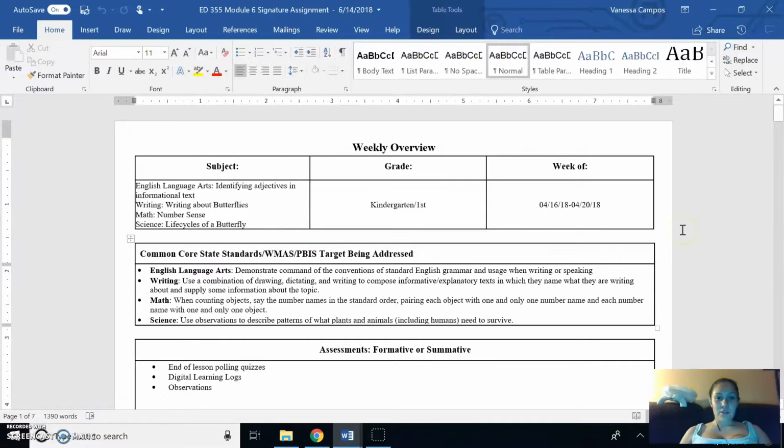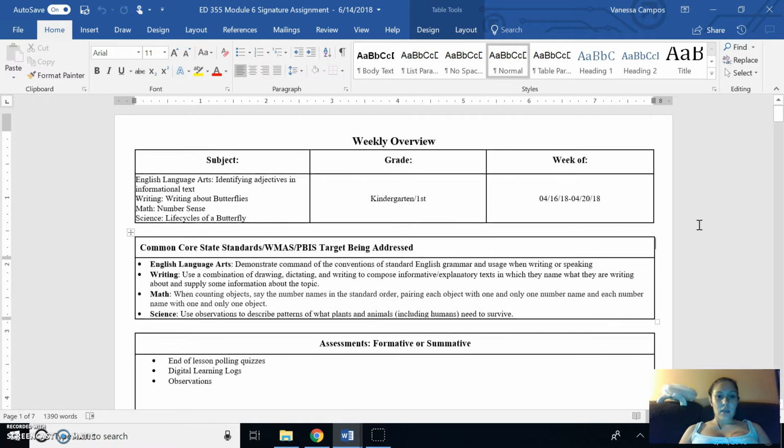This is my signature assignment, and so I'm just going to be going over the week-long lesson plan that I created, centered around the two kinds of technological devices that I wrote my grant proposal for, which are the smartboard and tablets for my classroom. So as you can see here,